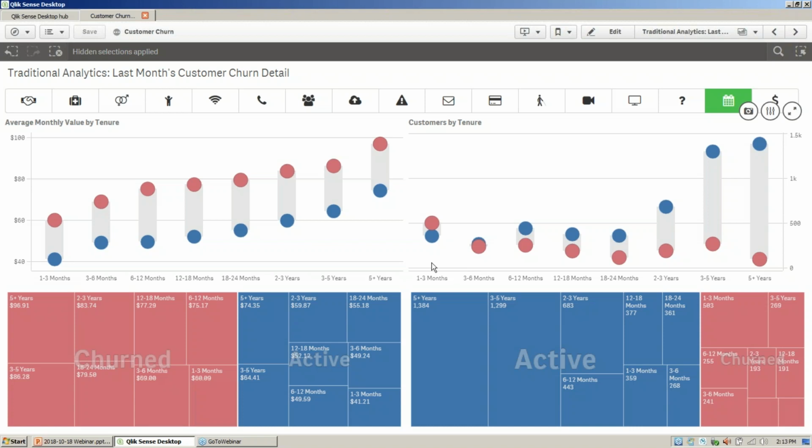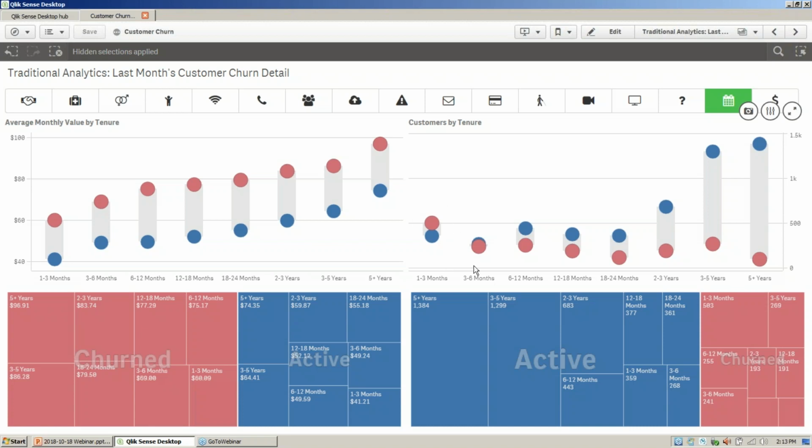And if we look over here at our brand new customers, the customers that have been with us from 1 to 3 months, we see it's even worse. We see the red dots actually above it, which means we are losing customers in this category faster than we are gaining them. This is something that stands out to us, even using traditional analytics. This is a real big problem for us.